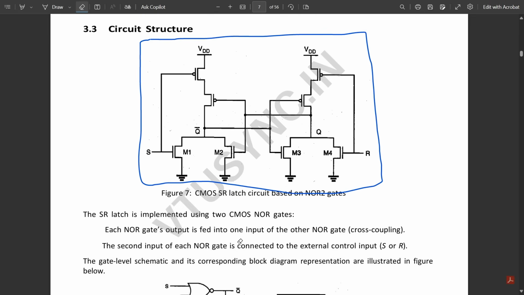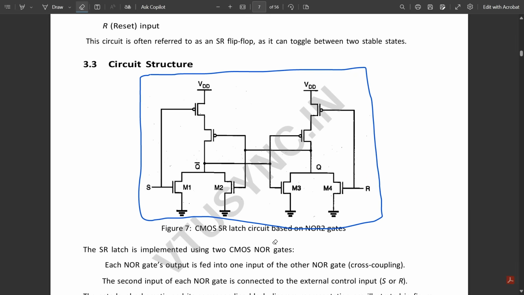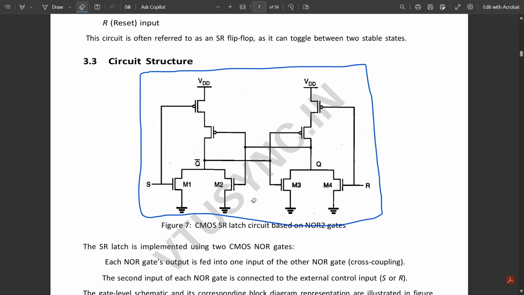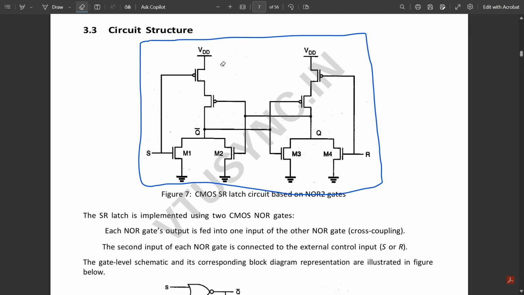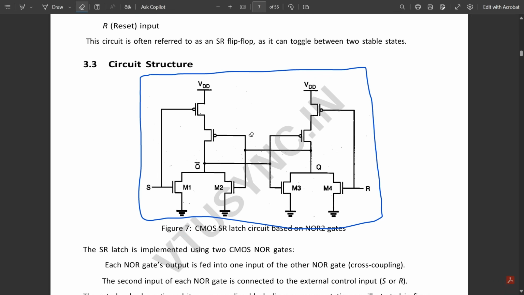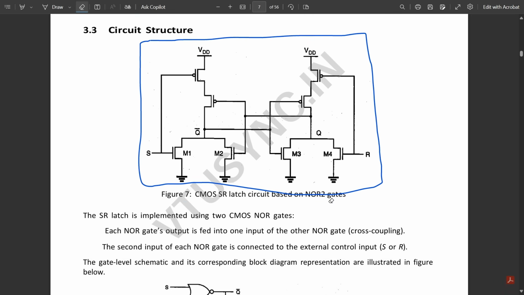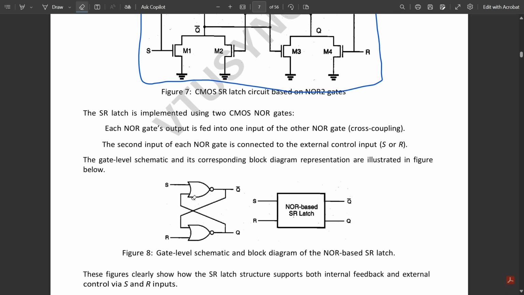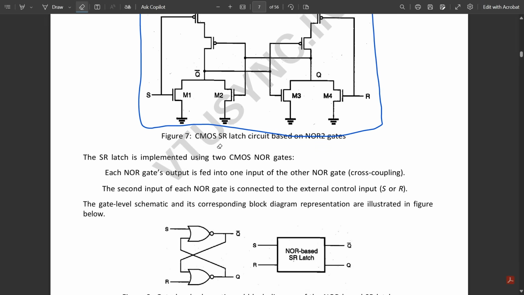For this, they have drawn the gate level CMOS implementation circuit. Here what they have done is they have used NOR gate, two input NOR gate. So you know that in NOR gate, in the pull up part, PMOS transistors would be in series and NMOS would be in parallel. So here we had two NOR gates, right? So that's why they have built two separate NOR gates, and the connections they have made, first they have combined the inputs,